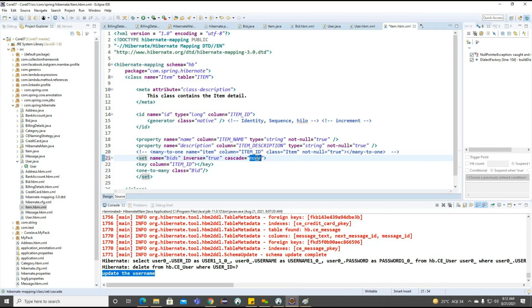Cascade none. And in the same way, yesterday we identified save-update here. In the last example, we used to connect to this particular save-update. So what exactly will it perform here? Whenever we perform the save and update operations, the dependent tables, the tables related by primary key and foreign key relations, are going to be updated and saved. So this is all about cascade.